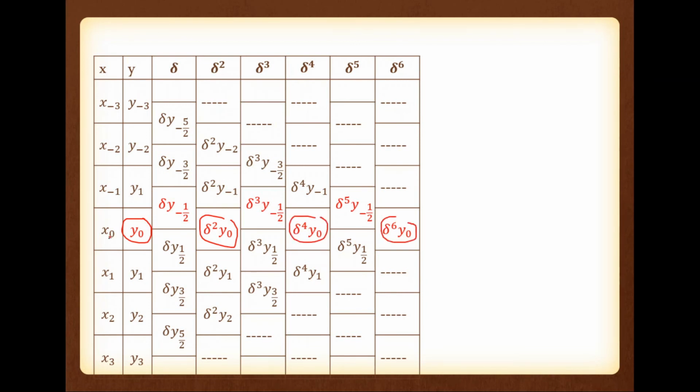Wherever the central data is missing, we are going to use the previous data. So here central data is missing, so previous data is used. Here central data is missing, so previous data is used. Here central data is missing, so previous data is used. So here this one is an upward movement: first upward, then downward, then upward, downward, upward, downward.